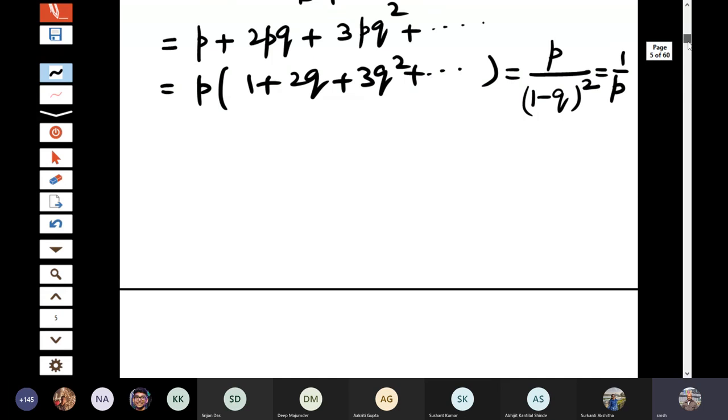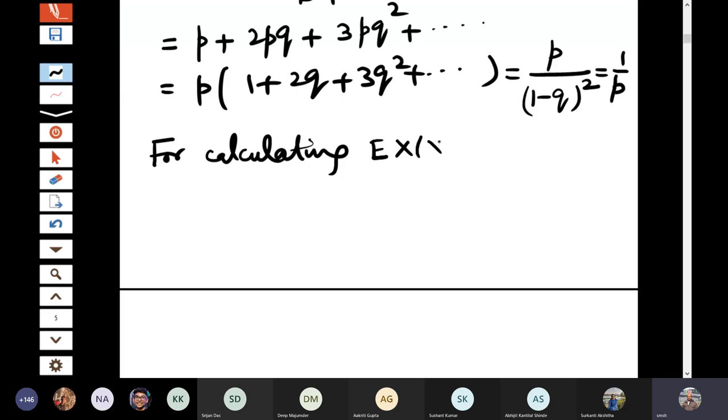That is the interpretation. Now if I am calculating the higher order moments, then in the next one I will get p into 1 plus 2 square q plus 3 square q square and so on. So you can see these are higher order arithmetico-geometric progressions. So we can use some formula for calculating the expectation of x into x minus 1. Again, like in the binomial, you have to consider the factorial moments first.